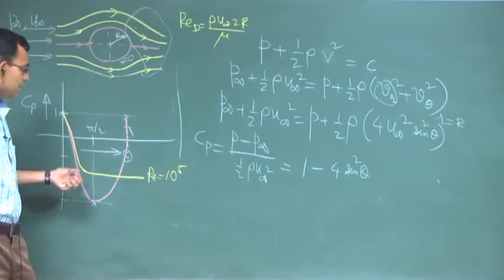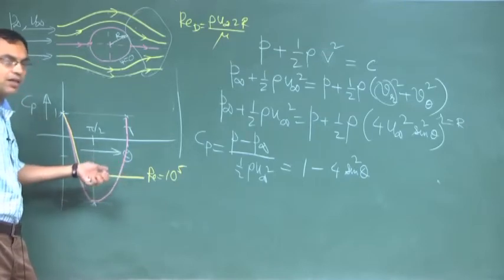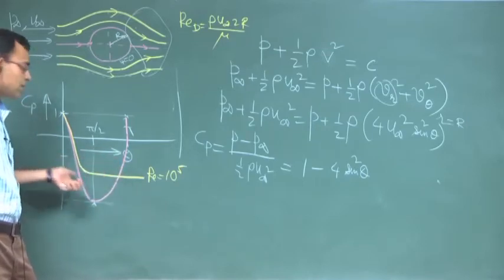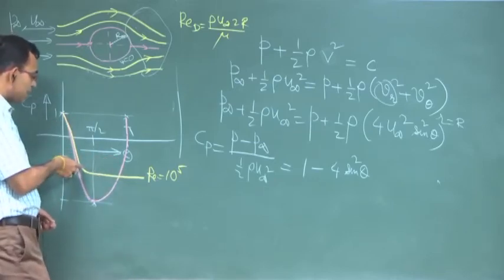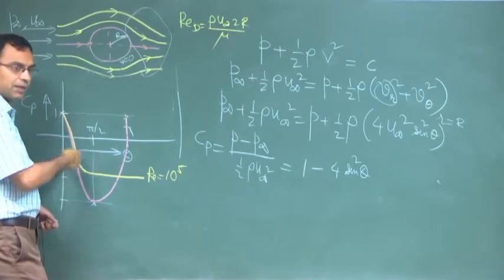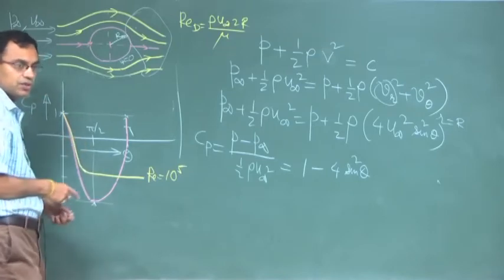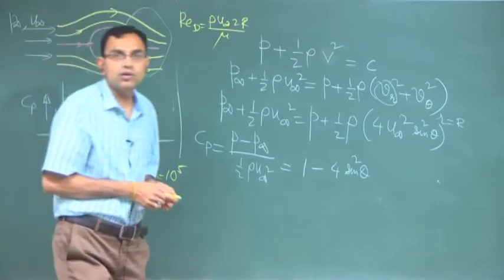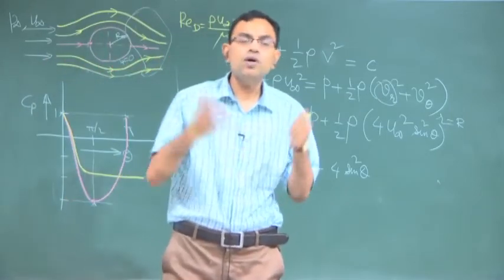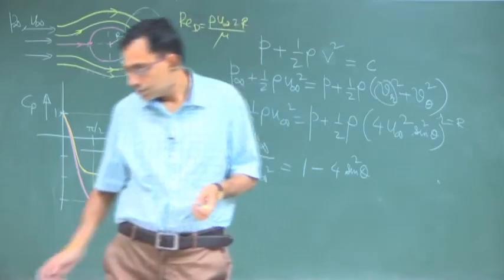The reason is that there is a boundary layer separation at this point, after which there is a wake where you have almost a constant pressure distribution. So up to this point, till the boundary layer has separated, you have the pressure distribution very faithfully reproduced by the potential flow theory solution. So it is not that potential flow theory is absolutely hypothetical and has no relationship with physical reality.